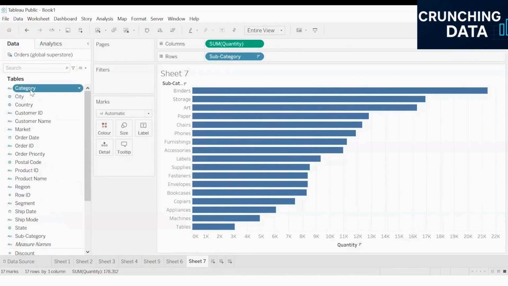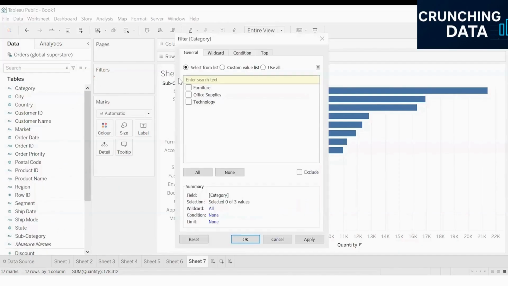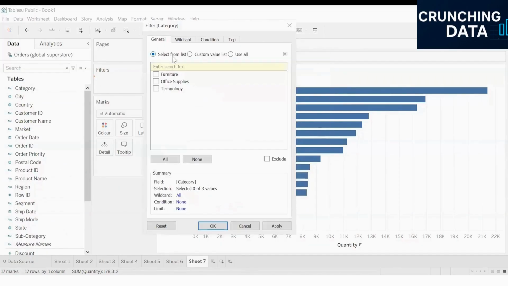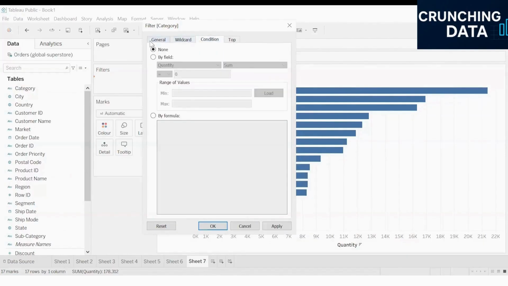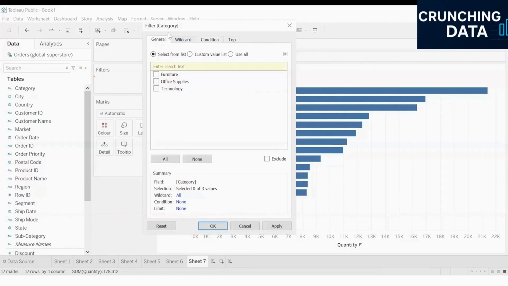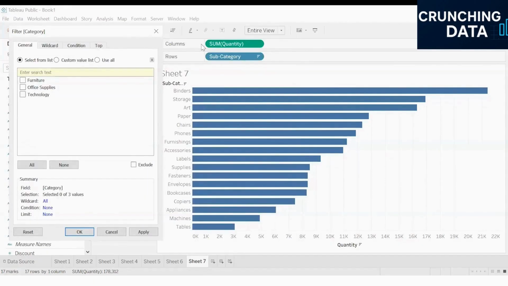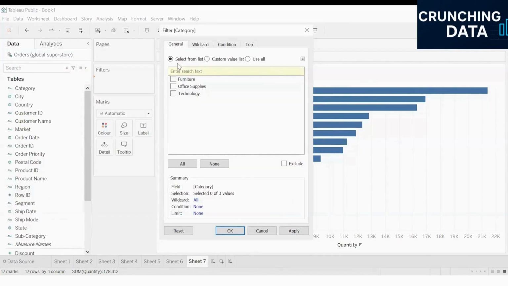So for that, what I'll do is I will drag this filter over here, and as you can see, I'm having this option which is known as general. Then we also have the wildcard option and the condition option, which we'll be looking at in the next section. So in the general option, I have these values. Right now, all the values that are being shown are subcategories, and these subcategories belong to some categories. So as I drag and drop it in the filters option, I can see all the options that are present inside those categories. So if I want to see all the options, I can just click on all and apply